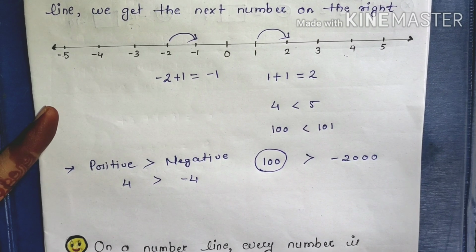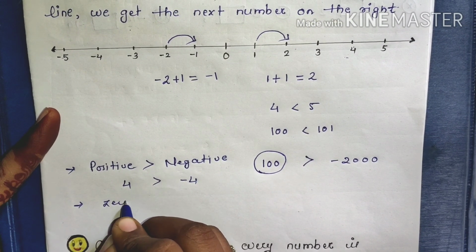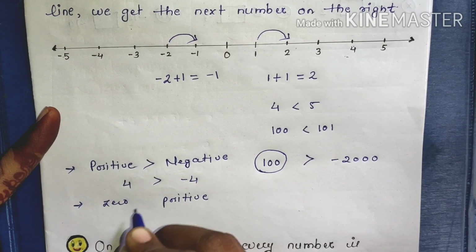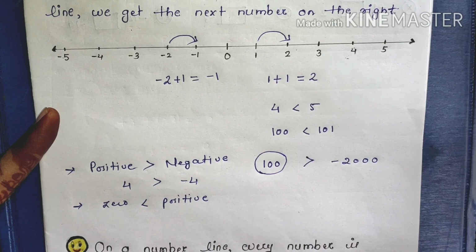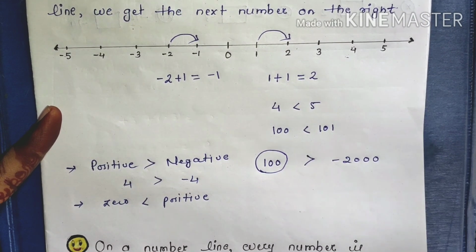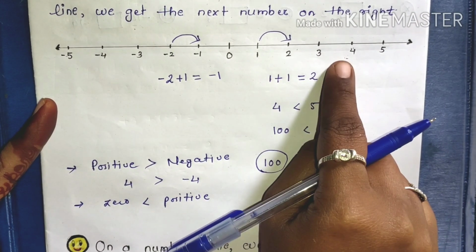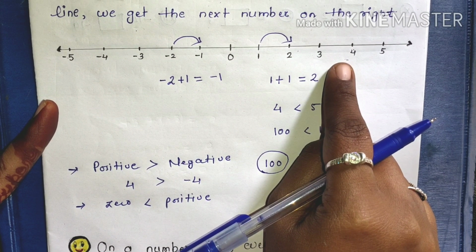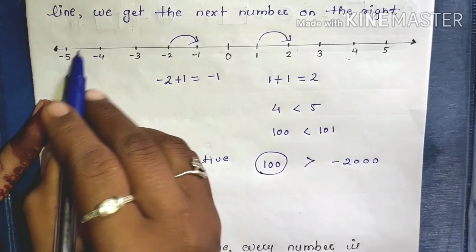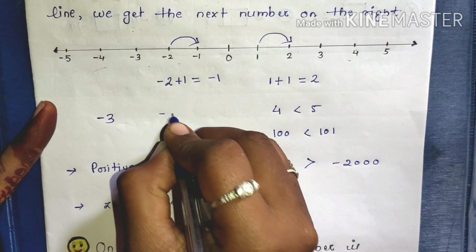Next one, if we have to compare 0 and a positive number, so always remember positive numbers are greater than 0. Okay, but if we want to compare between two negative numbers, in case of positive numbers हम लोग कैसे करते थे कि whatever is a bigger that is the bigger number. But in case of negative numbers, अगर मुझे compare करना है -3 and -2 को,